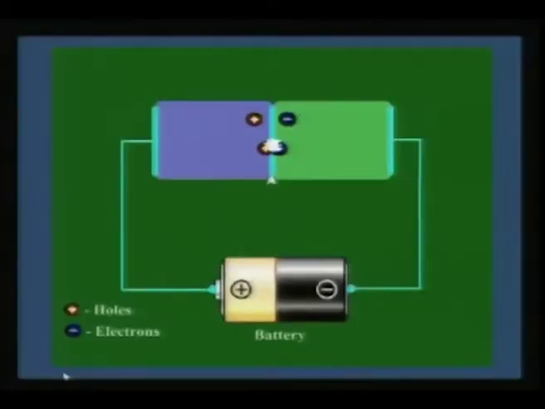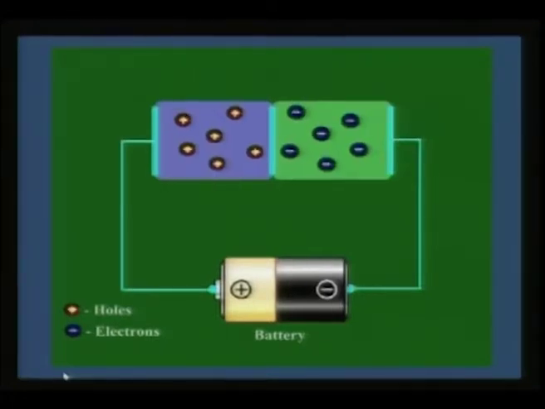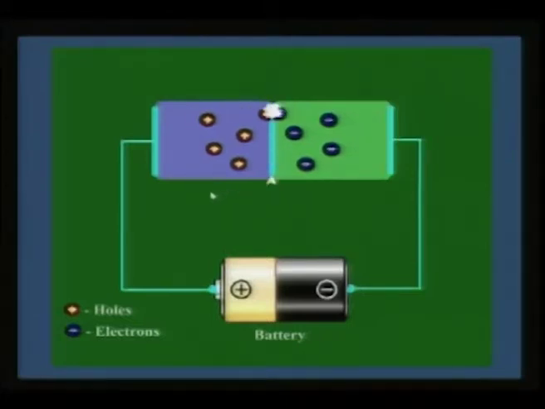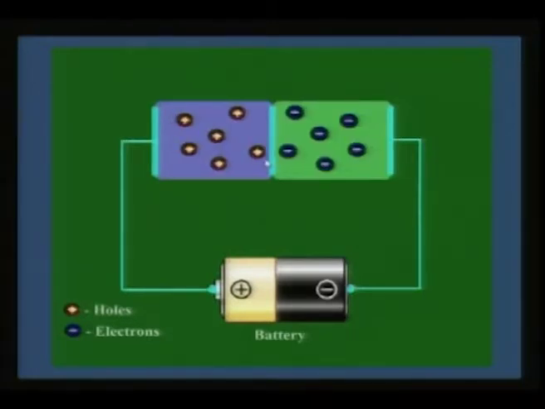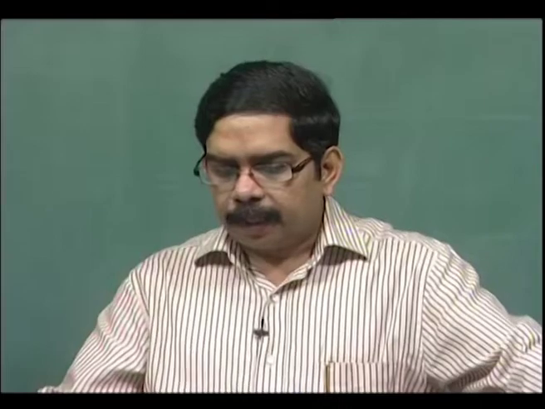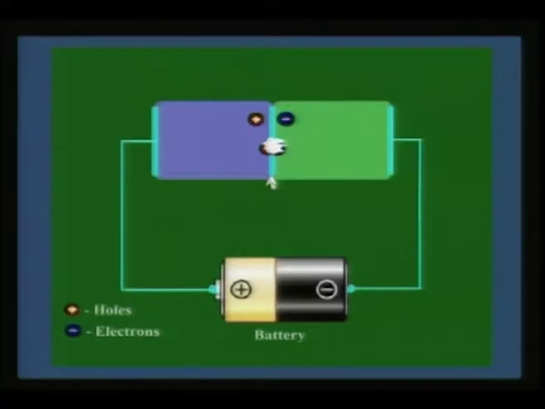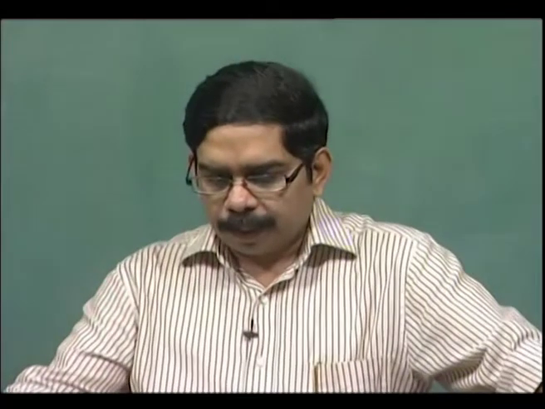So in the next few slides I just want to recap on whatever I have told in the first lecture, just to keep in perspective what we are discussing. As I told you, this is a simple demonstration of a diode where holes come from here, and electrons come from the cathode, and when they combine together they form an exciton pair and they release a photon, and that photon, when it is in the middle layer, which is an emissive layer, can excite the organic molecule. As a result we can get the desired light.